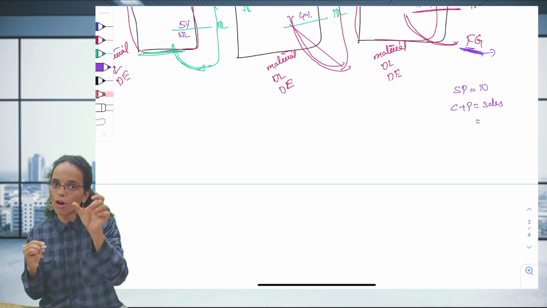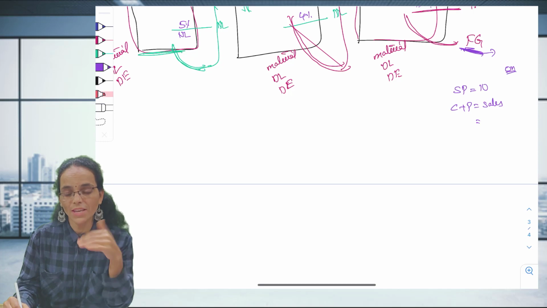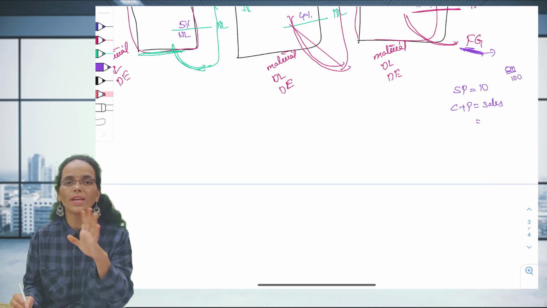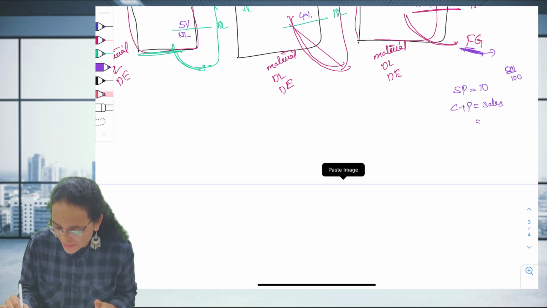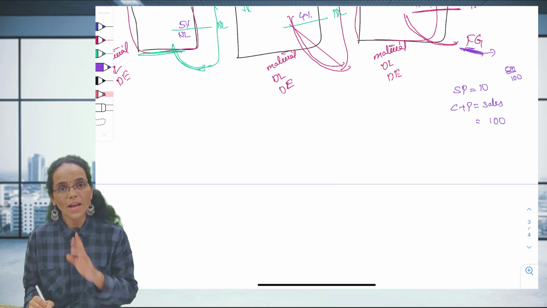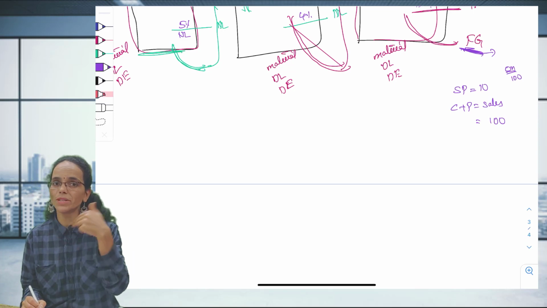Whenever something is given as a percentage on sales, you take the sales as 100%. Here it is set as 20% on the sales, so sales will be the 100%. On the sales, 20% is the profit.